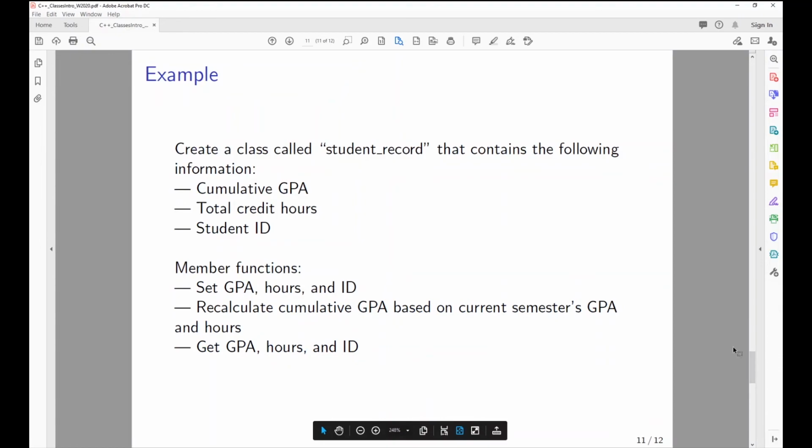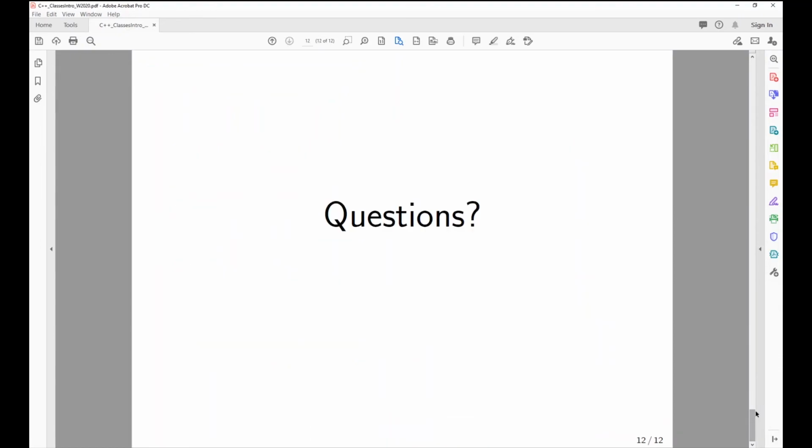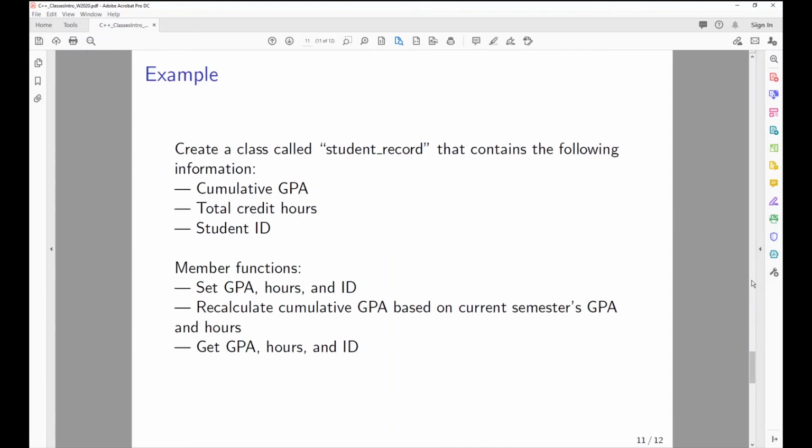All right, well, we're almost to our last slide. In fact, the last slide is questions. So we're going to spend some time in the next part talking a little bit about how do we generate these classes? And so we're going to have a class called student record,